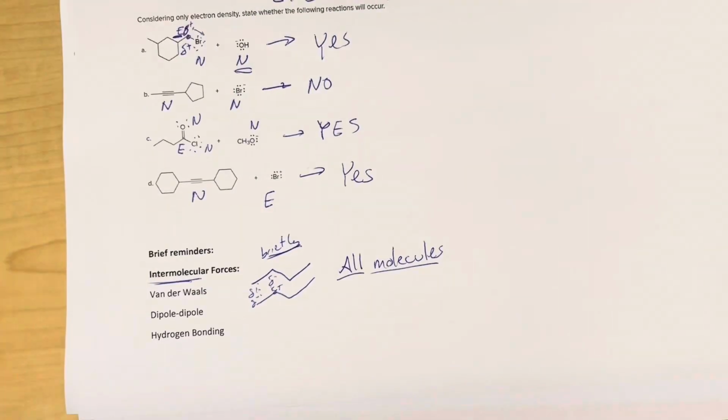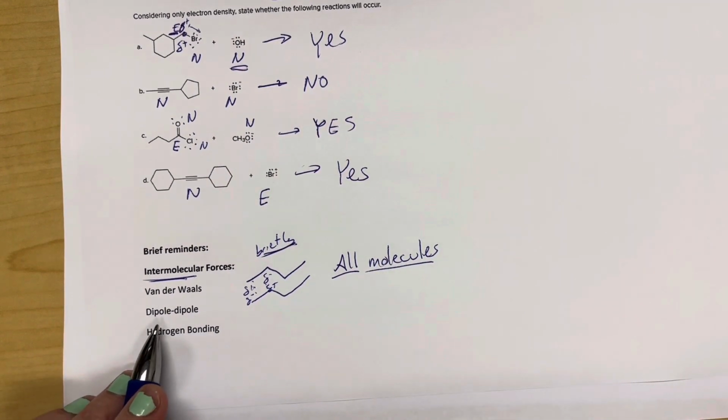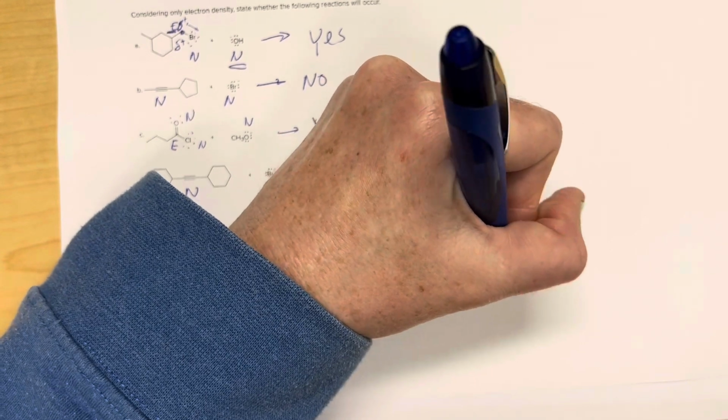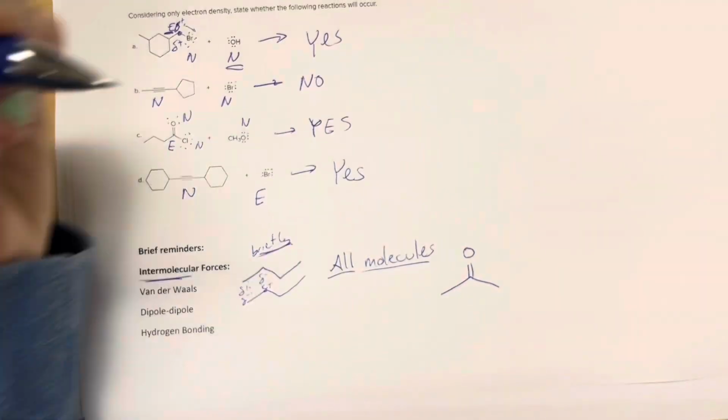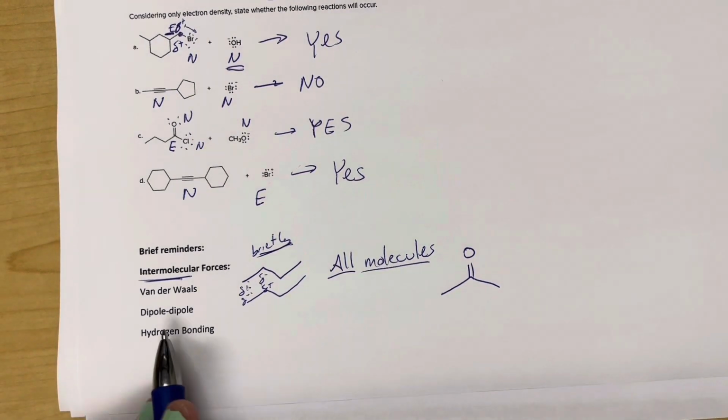All molecules have van der Waals forces. Then we have dipole-dipole. Dipole-dipole has to do with polarity. So for example, if we have, let's draw this ketone here, used to vocabulary. So if you have a ketone,